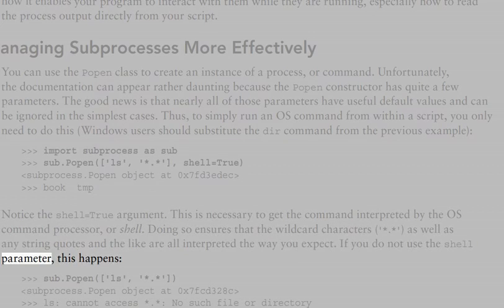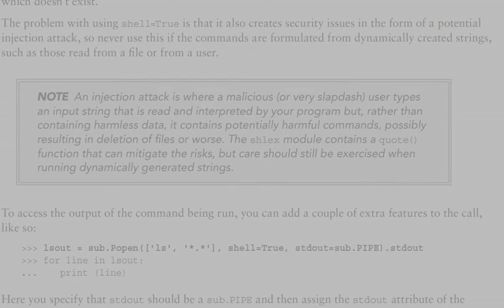If you do not use the shell parameter, this happens. sub.Popen('ls *.*') <subprocess.Popen object at 0x7fcd328c> ls: cannot access *.*: No such file or directory. Without specifying shell=True, the operating system tries to find a file with the literal name *.*, which doesn't exist. The problem with using shell=True is that it also creates security issues in the form